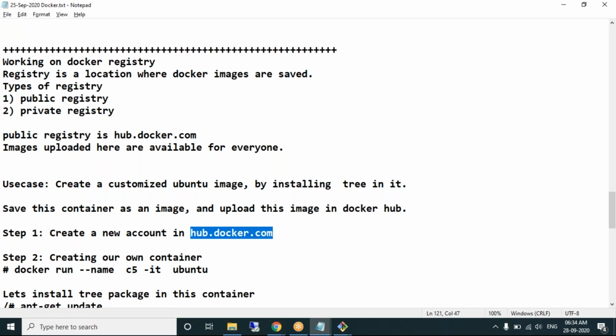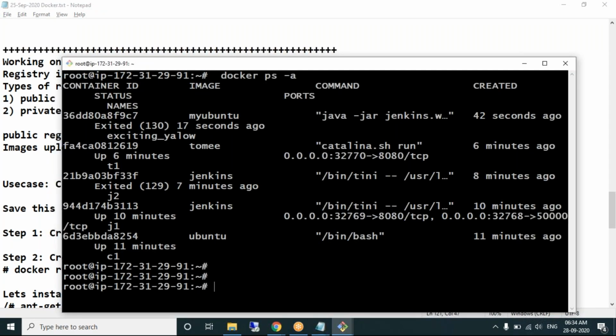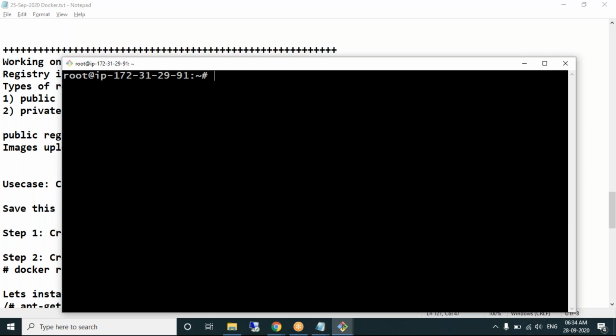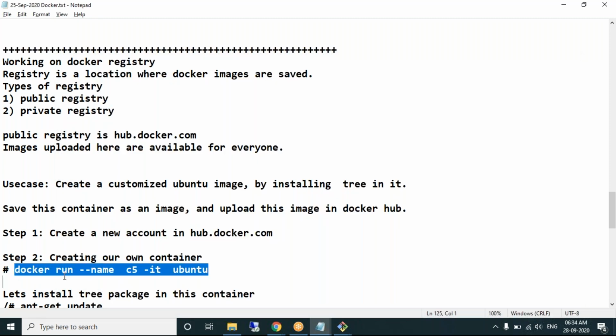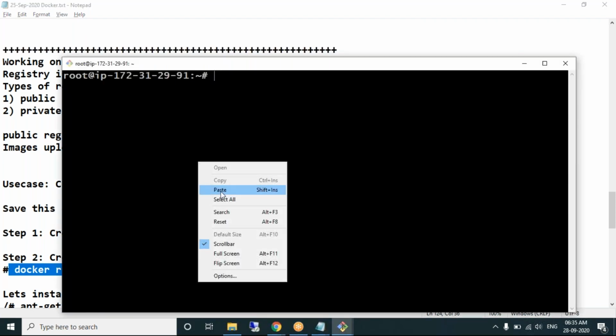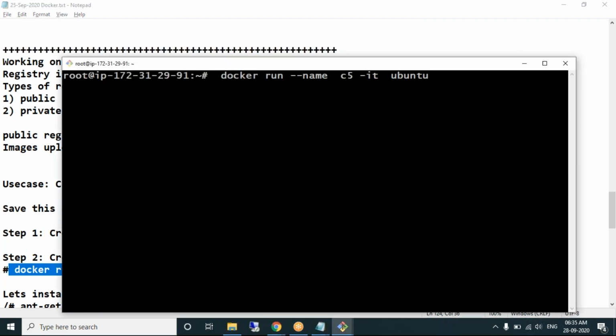Okay. Coming back to our terminal. Docker run, using a predefined image, with an interactive terminal. What's the name of the container? C5. Yes, the container is created.